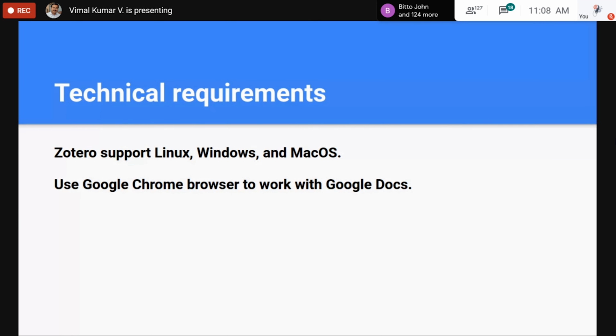Next, you have to install the browser connector. I suggest using the Chrome web browser with Zotero. We have to install the Chrome connector in your browser. You can find a button here. Click on it.